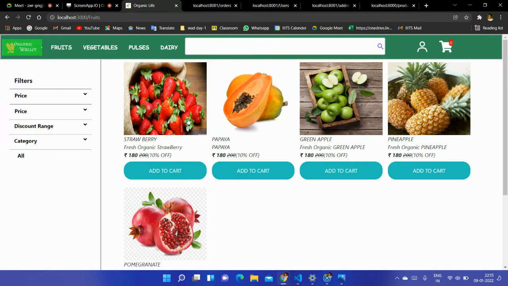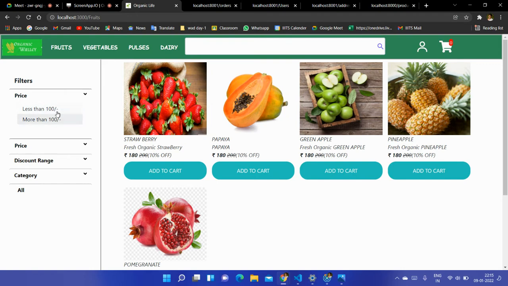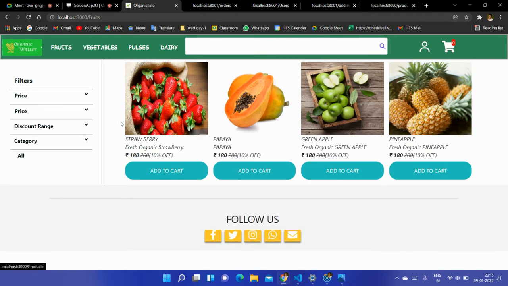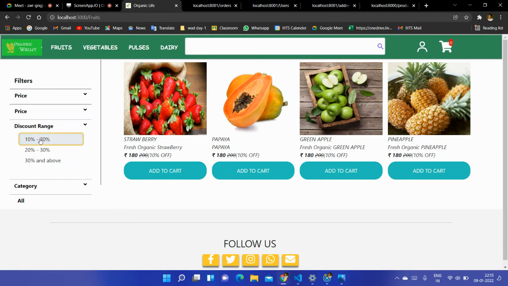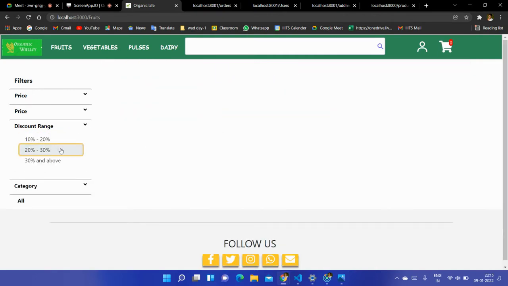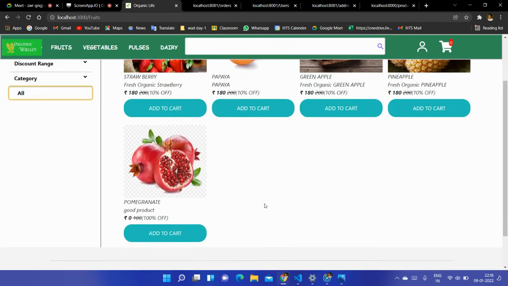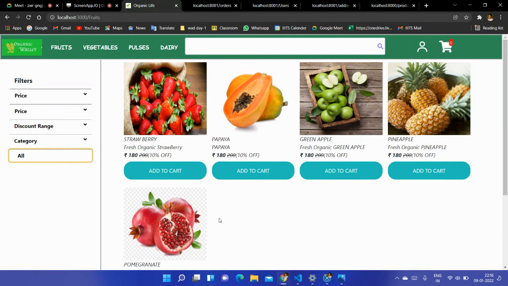In order to get a user friendly website, we have included features like filter and search operations to get the desired product easily. In filters, we have included less than, more than 100. Like that, the desired filters can be applied. Based on those filters, they can buy the products. If you click on all, all products in that category will be displayed.